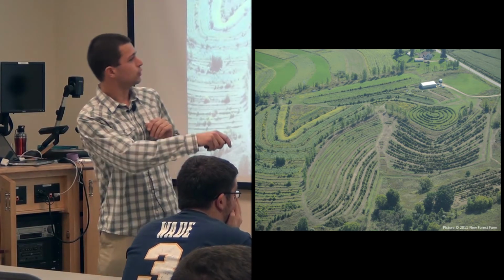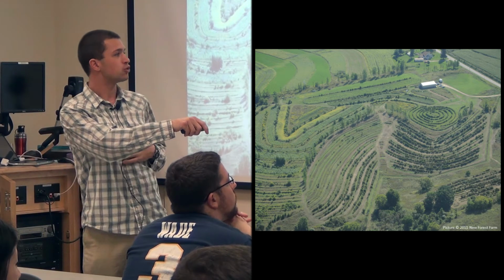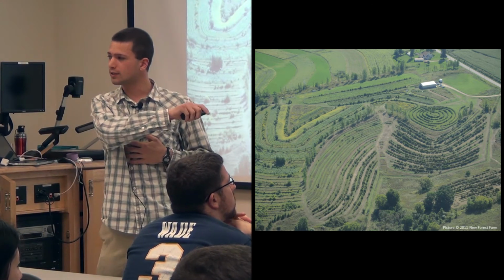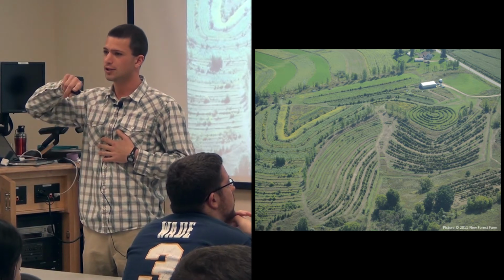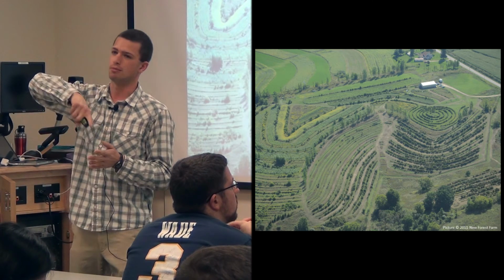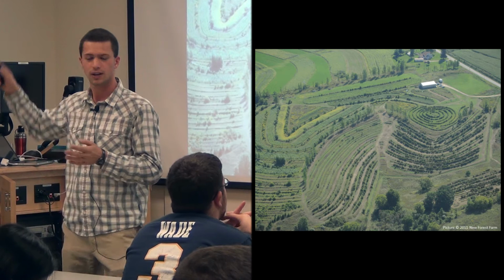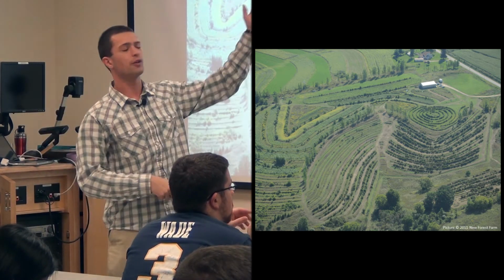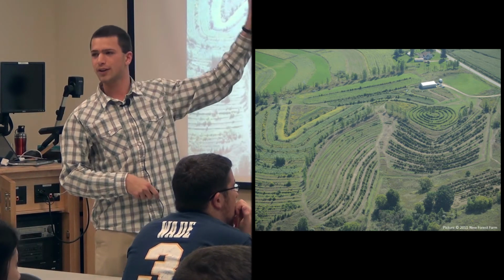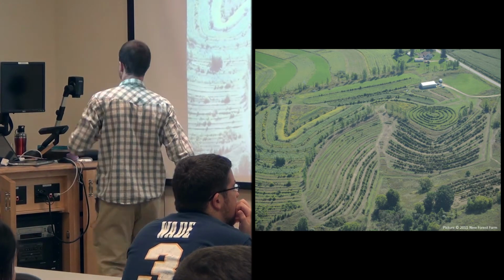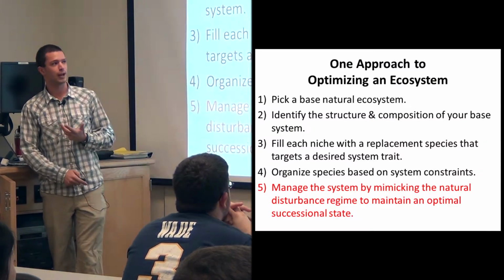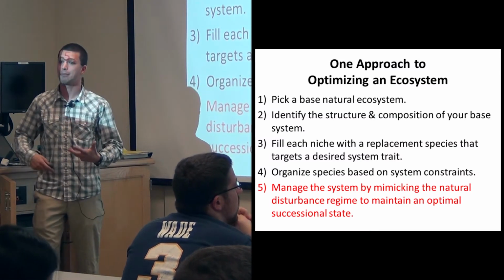If you look over here, we have maybe 20 different species that are growing in the same space at one time. So again, going back to those diversity production relationships, as you get more and more species, you're going to become more and more productive and more drought tolerant. So we're trying to do that here as well. There's a whole other bunch of things, of all the math that I talked about, that is being thought about and included here. So here's one example of then organizing things in an optimal way. And then once you do that, now you have to manage it in an optimal way.